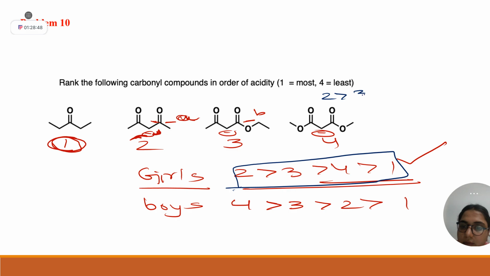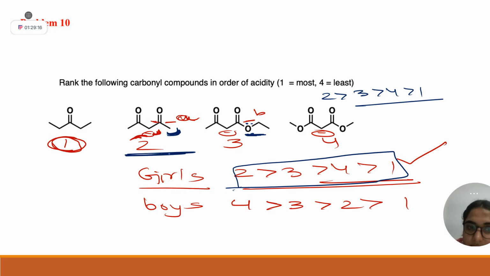Ma'am, two is more acidic because the methyl group is attached to the carbonyl carbon, so that will be... Exactly, because it is electrophilic, it is having only inductive effect, right? These methyl groups can stabilize that, or I can say that it can reduce the electron deficiency of this carbon via the mesomeric effect, right? Oxygen donates a lone pair and then forms a C minus. Exactly. Therefore, this is more acidic in comparison to these two. Understood? Okay, ma'am. Good.